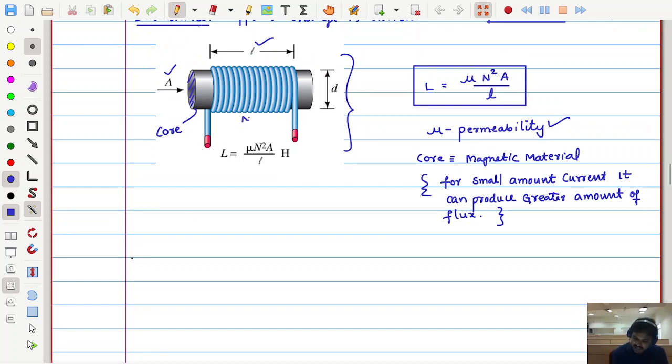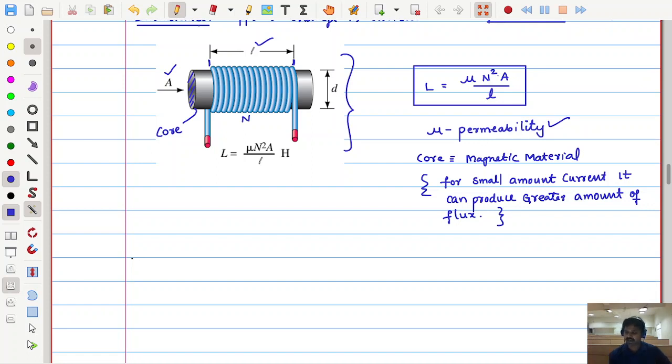Next is the number of turns which we are placing here. The number of turns is n. Like first turn, second turn, third turn, how many rotations you are making around this object. This object might be some magnetic material. That is what n is. And area of cross section is A and length of this core is L. Effective length means from where the conductor is placed to the corresponding end point. That is the effective length of this coil. So with these dimensions we can get the inductance L which is equal to mu n square A